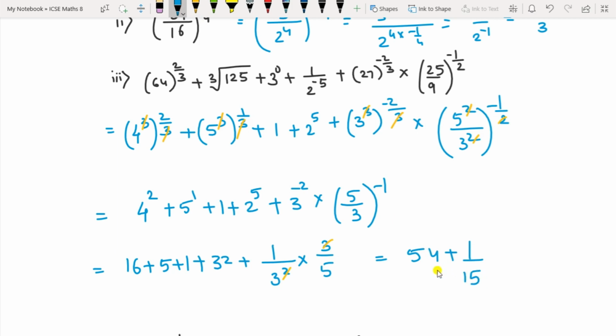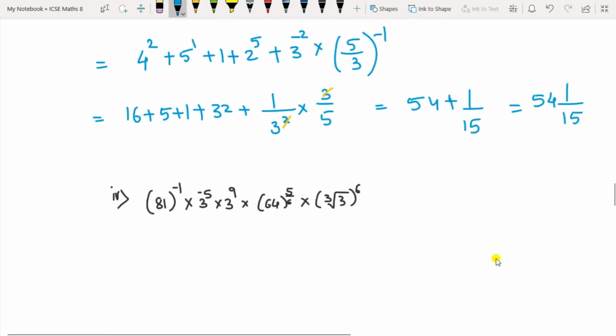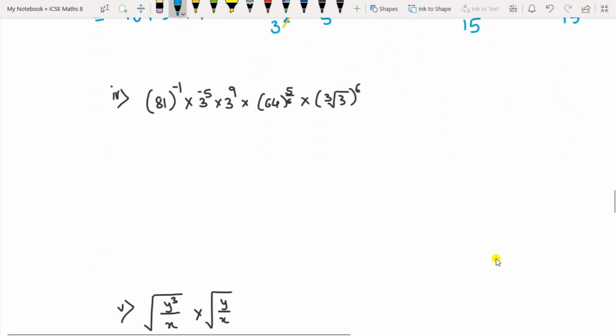Whenever this is a type of mixed fraction, whenever there is plus, you can remove the plus and write the answer as 54 1 by 15. If you solve this by taking the LCM, you will get the same answer. So this is applicable for plus only, when it is plus in between, not for minus. Okay. This one is, next one is